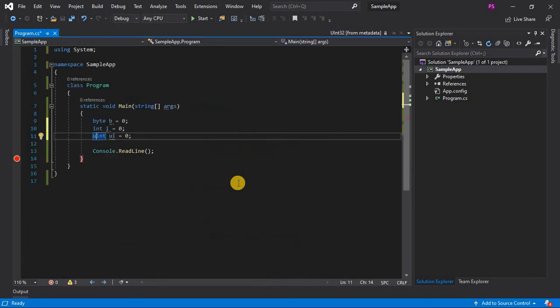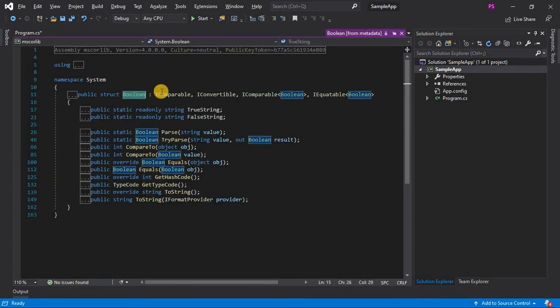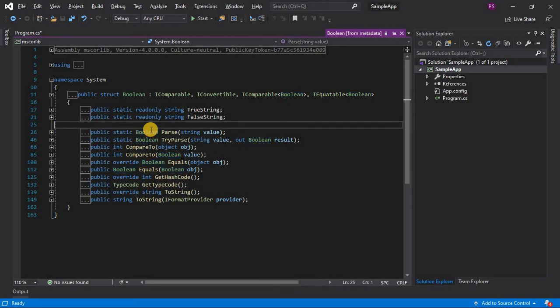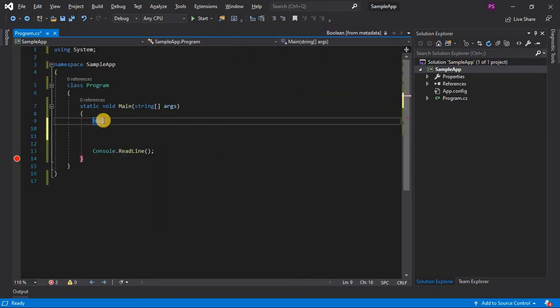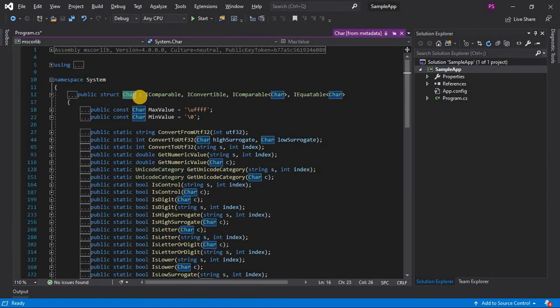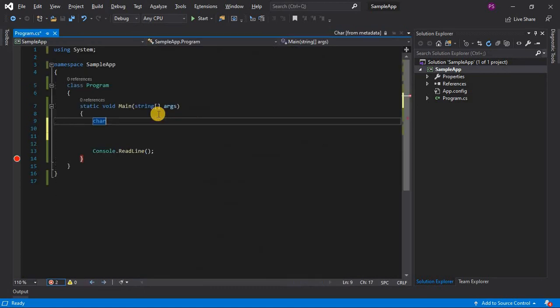For bool, the .NET type is Boolean and we don't have a minimum value and maximum value because it is not a numeric type. Similarly for char, the .NET type is Char and it has a minimum value and a maximum value as well.